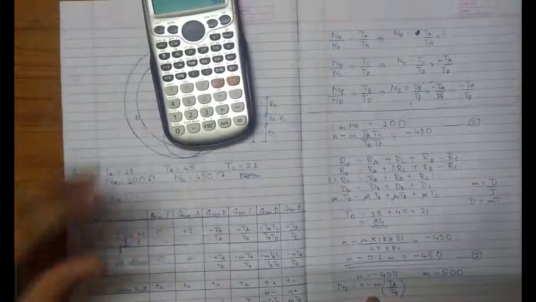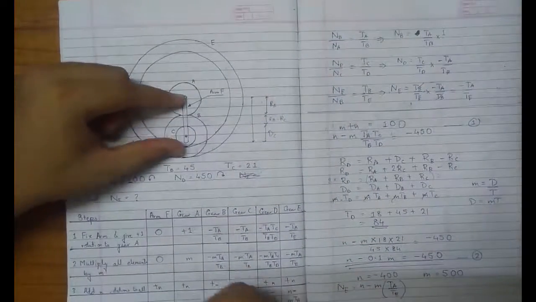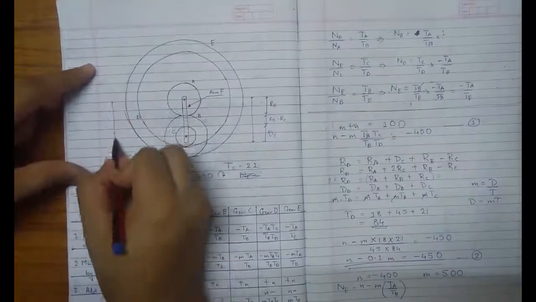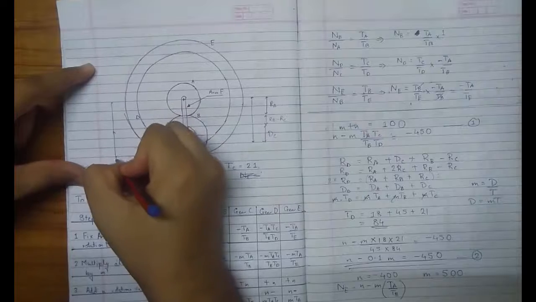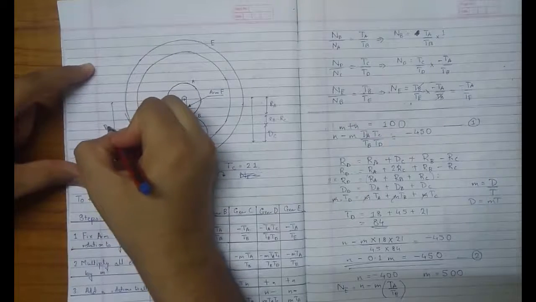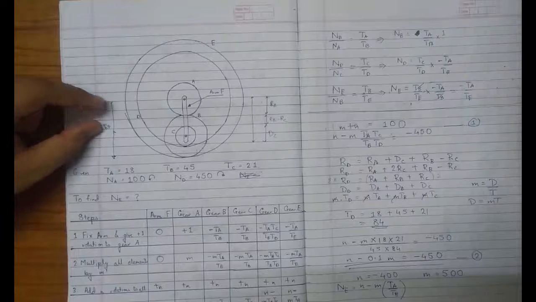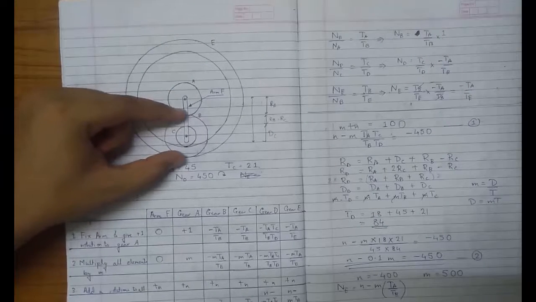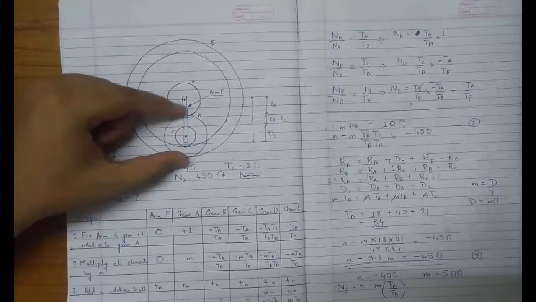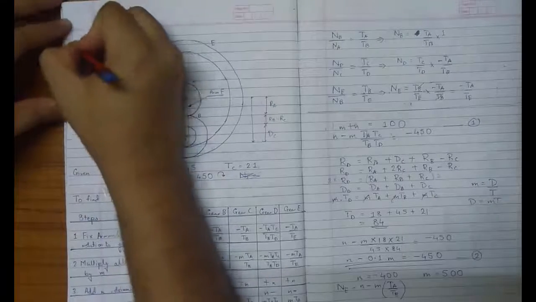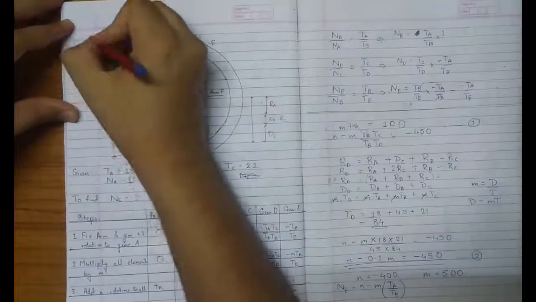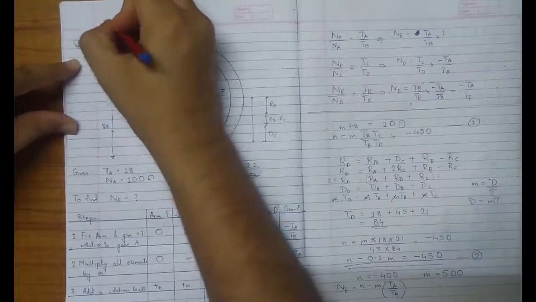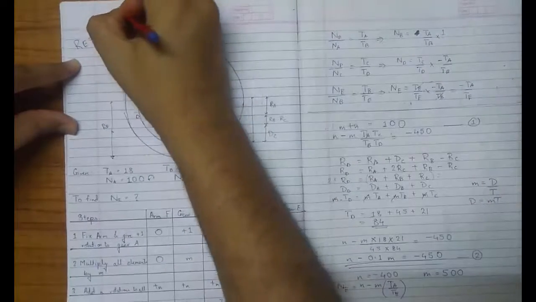To find out the number of teeth on E, we will use the same logic. I will do it over here. So this bigger circle is my E. So till here, this is my radius of E. So radius of E is simple. Radius of E is what? It is radius of A plus diameter of B. I will just do it over here. Radius of E is radius of A plus diameter of B.